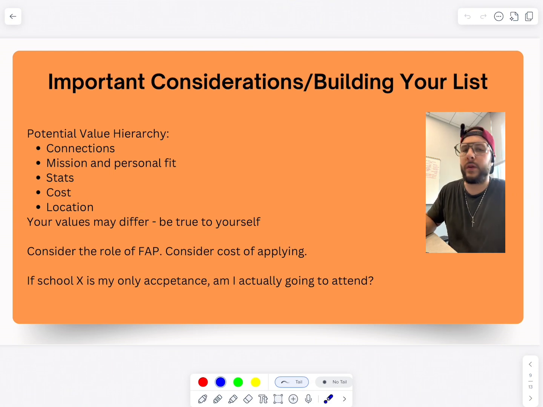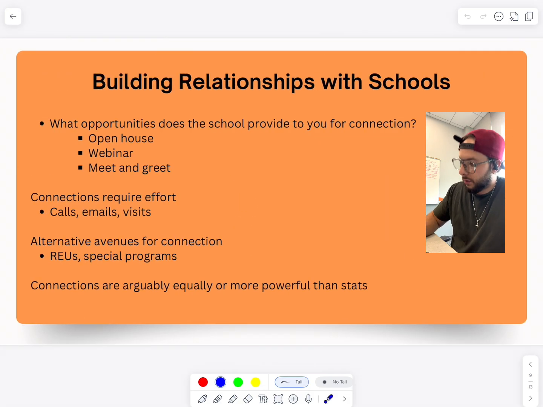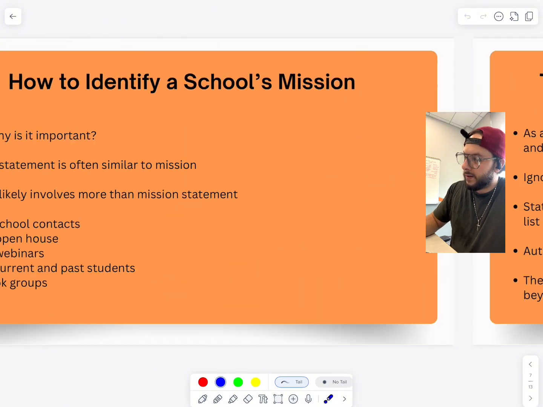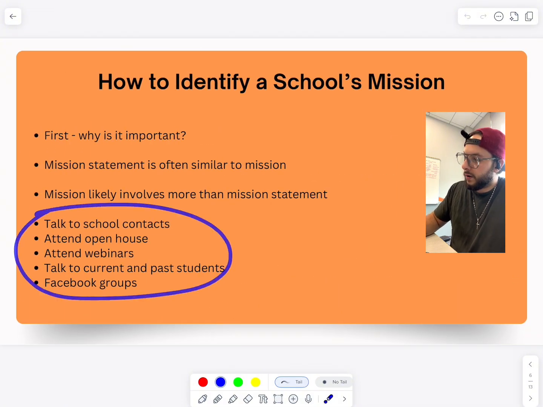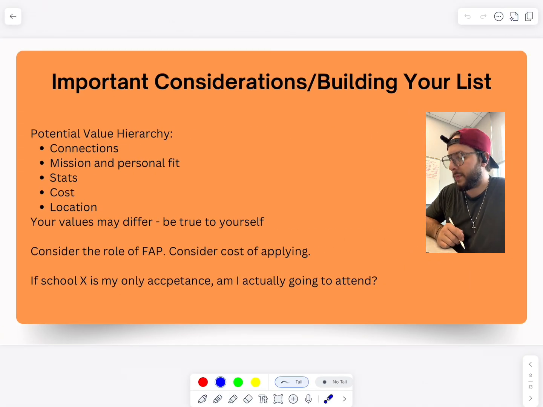And you say, well, how do I know if I want to go to a medical school? Well, it's all these other things, right? It's the connections that you have. It's all these things right here. Have you formed a connection with the school? Do you know anything about the school, right? So those are all the things that you have to keep in mind when you're deciding, are you actually going to go if you get accepted? Otherwise, don't waste your time.